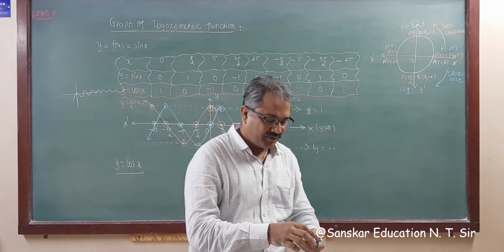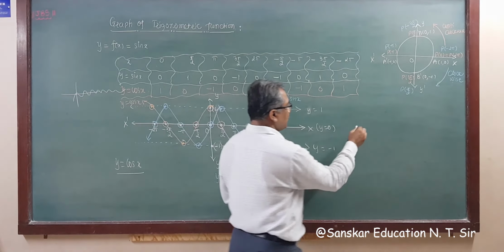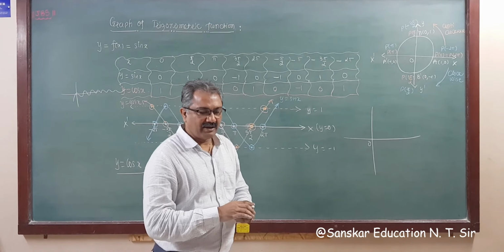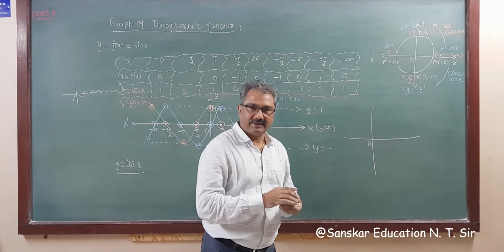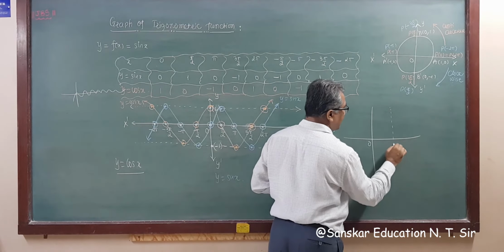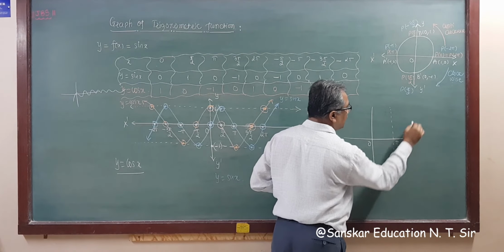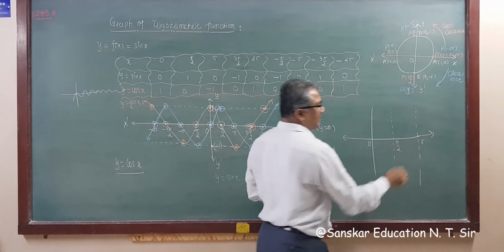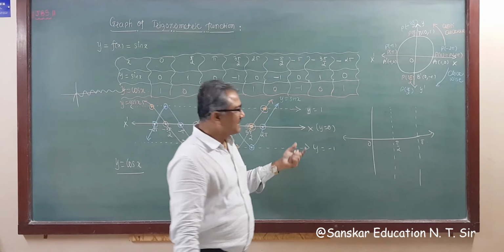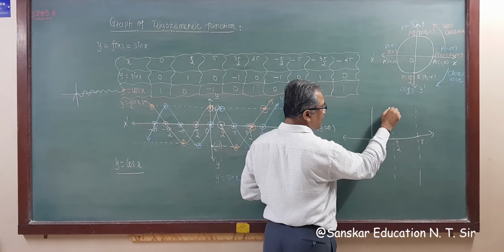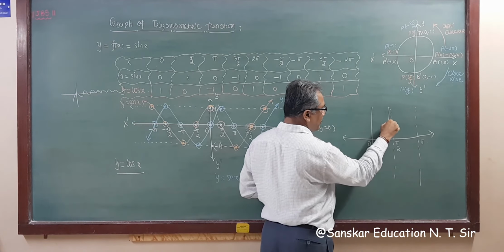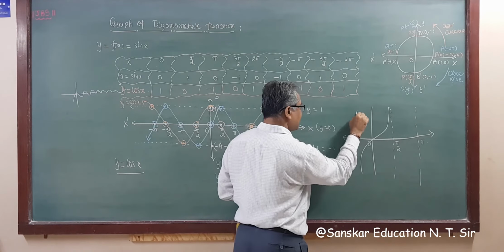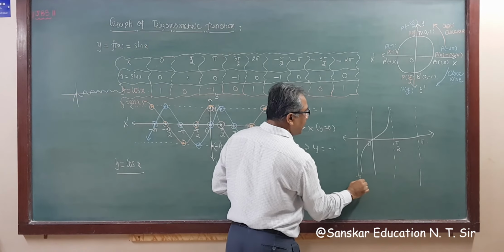Similarly, you can draw the graph of the tan function and cot function. So the graph of tan function is like this. Suppose this is 0, right? Now tan pi by 2 is not defined. So if we take the pi by 2 line here, this is 0, pi by 2, this is line pi. So this is tan 0, pi by 2 undefined, and tan 0 is 0. And tan pi by 4 is 1. So the graph of tan function is like this. This is the line minus pi by 2.